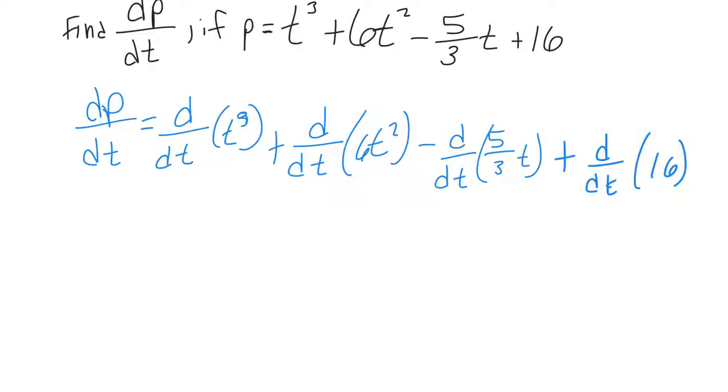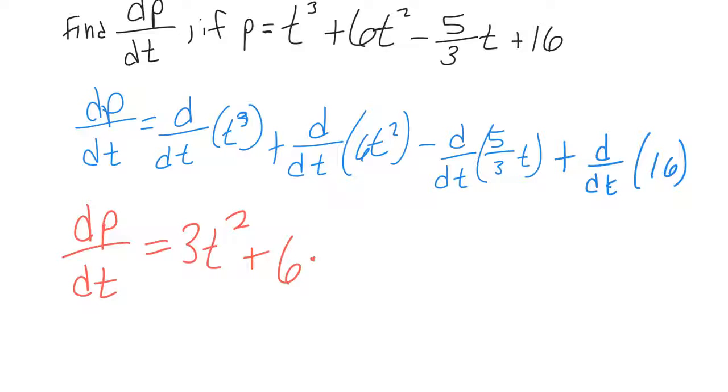Next, we'll use our power rule and our constant rule as needed, term by term, to differentiate each term as we go. So we can say dp over dt is equal to, looking at the first term, t to the third, we'll use our power rule. The derivative of that term is 3t squared plus, now here's where we're going to use our constant multiple rule. So we're going to have 6, and then we're going to differentiate t squared. So 6 times 2t to the 1, so just 2t,